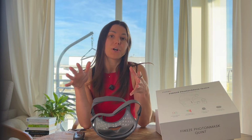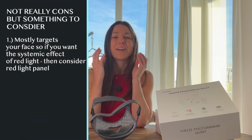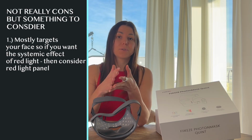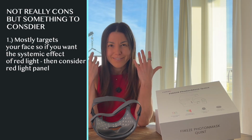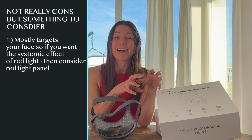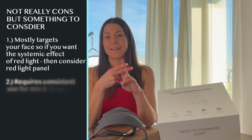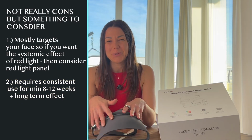So then from the cons, the first one, it primarily targets the skin on your face. So if you would like to have more systemic effect on your whole body, you would need to consider a red light panel, for example. But if the skin on your face is the primary area you want to target, then the photon mask is really great. And then the second one, it's not really a con, but it requires consistent use,